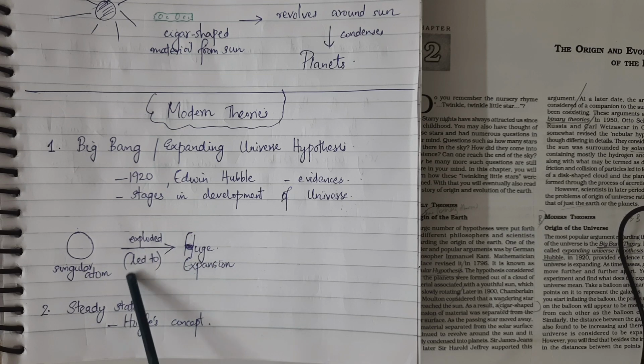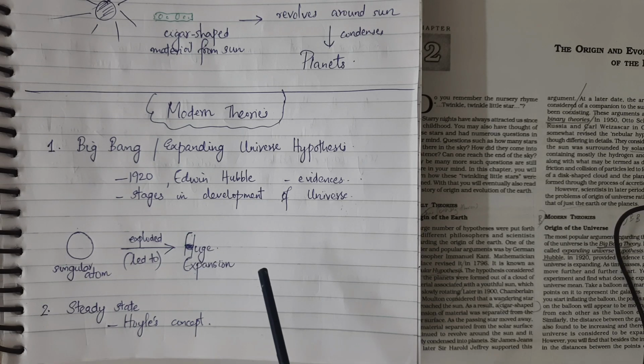In the first 3 minutes after the expansion, the first atom began forming. Then after 3 lakh years, the temperature reduced to 4500 Kelvin, and atomic matter started forming. Then the universe started becoming transparent. So this is the basic idea which is told in this paragraph, and this paragraph is also telling about a